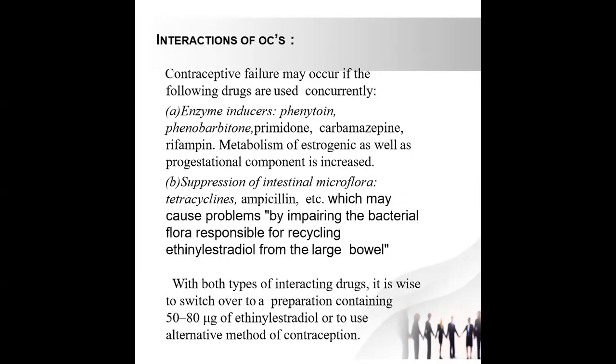Now, what are the interactions of oral contraceptive pills? The contraceptive failure may occur if the following drugs are used concomitantly. For example, the enzyme inducers. Suppose the oral contraceptive pills are used with microsomal enzyme inducers like phenytoin, phenobarbital, primidone, carbamazepine, rifampin or rifampicin. The metabolism of the estrogenic as well as the progestational component is increased and hence results in the failure